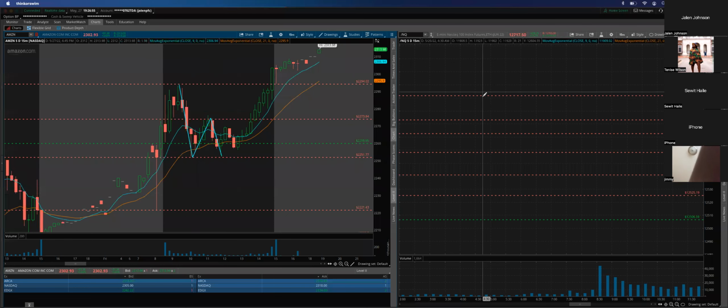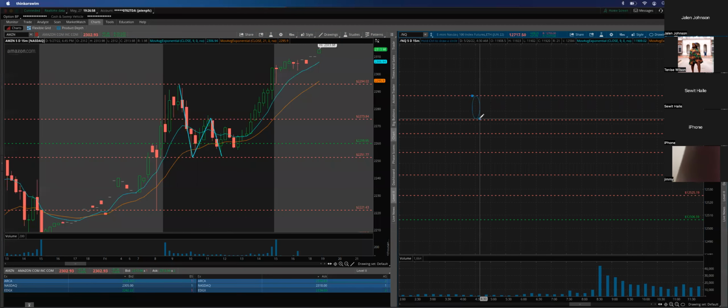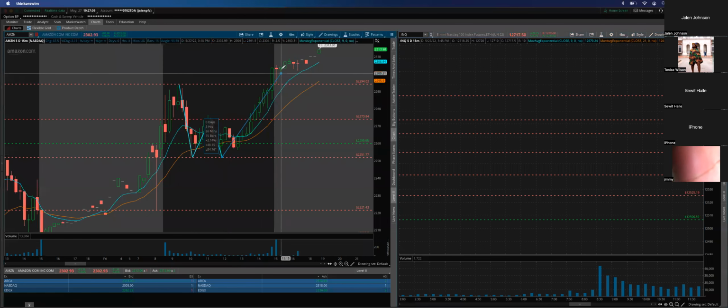Most of the time, if we can't break a lower low, what does it form? If it just makes a low, a double bottom, good job. So we formed a double bottom, and that's what happened. It ain't gonna always be pretty, but that's how it works. What about a